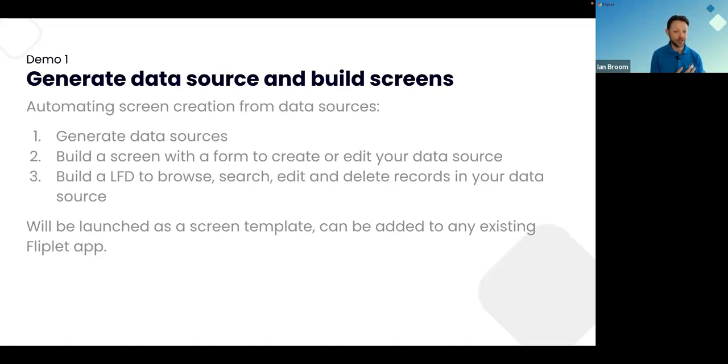Then it's going to build a list from data source, or a list screen, which means I can browse, search, edit, and delete records in my data source. In summary, it's going to generate data, give me the ability to interact with that data via a form, give me the ability to browse that data, and also manage it. And this is all going to be done by a combination of Fliplet's existing APIs combined with AI. So now